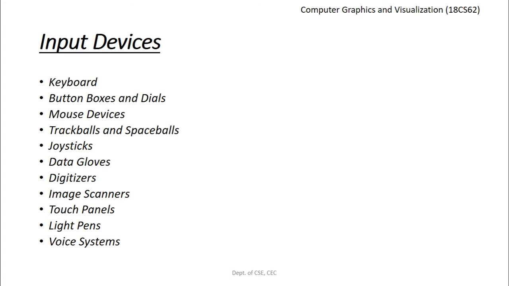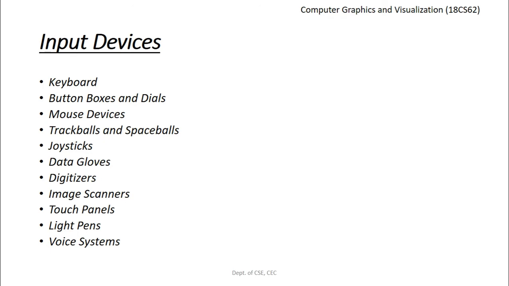A joystick is used as a positioning device which uses a small vertical lever or a stick mounted on a base. It is used to steer the screen cursor around and select screen positions with a stick movement. We have a stick which we can move in order to control the screen cursor and select screen positions. A push or pull on the stick is measured with strain gauges and converted to the movement of the screen cursor in the direction of the applied pressure.